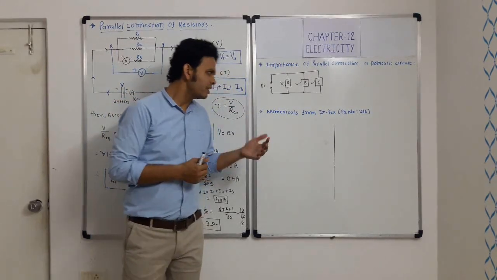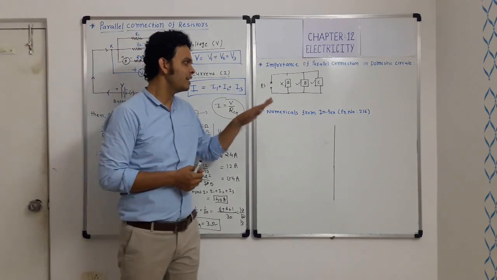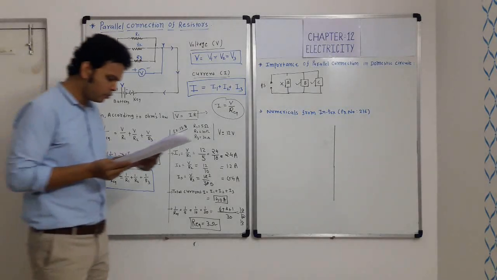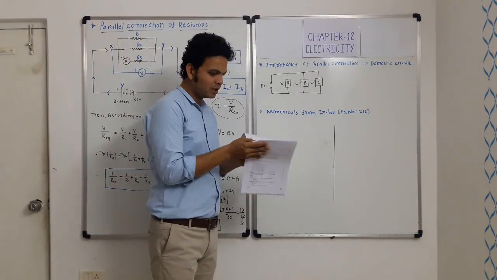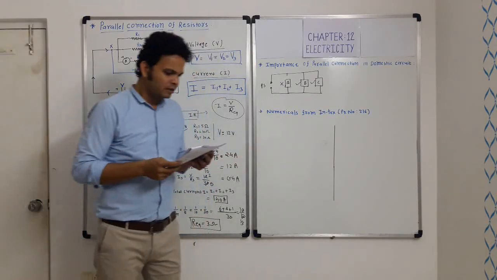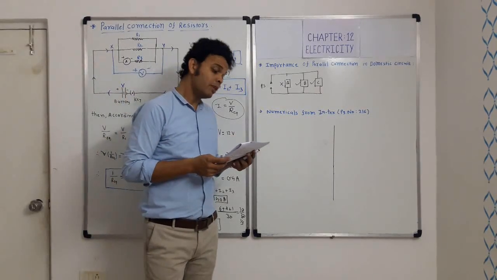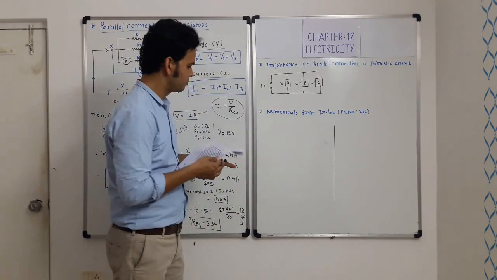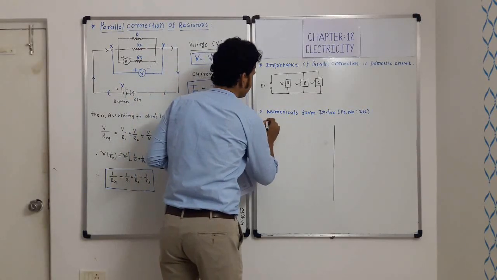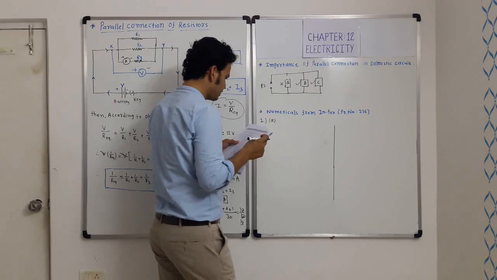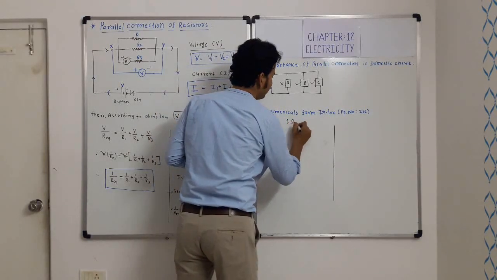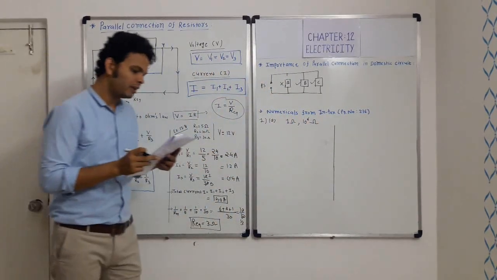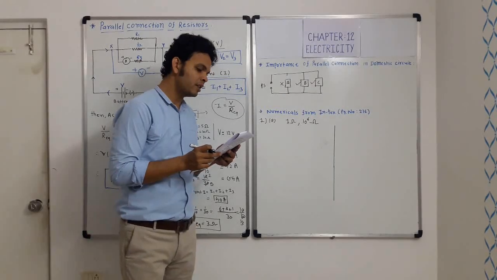Proceeding further, we will take some of the numericals given in the textbook on page number 216. So let me take the textbook on page number 216. Yes, the first question is to find the equivalent resistance when the following are connected in parallel. In the first numerical, part A, there are two resistances. One is 1 ohm and the second is 10 to the power 6, 10 lakh ohm. When they are connected in parallel, what is the equivalent resistance?